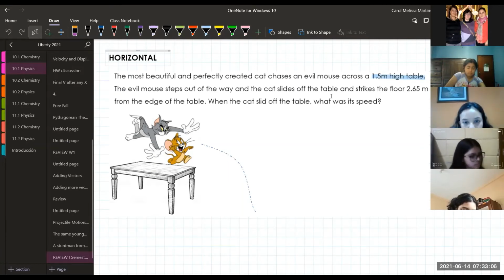So you must indicate the height right here, 1.5 meters. Remember that when we talk about height, we're talking about vertical position. So basically, this is the delta y for this problem. Okay,